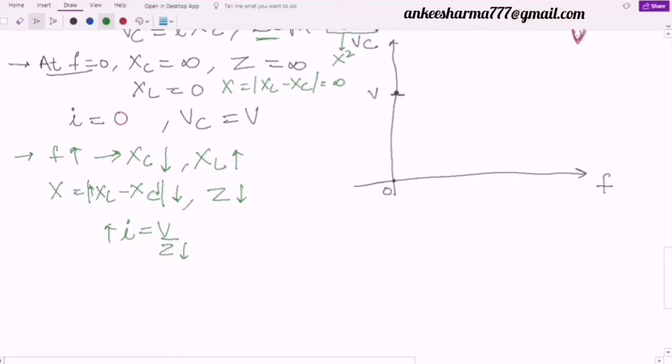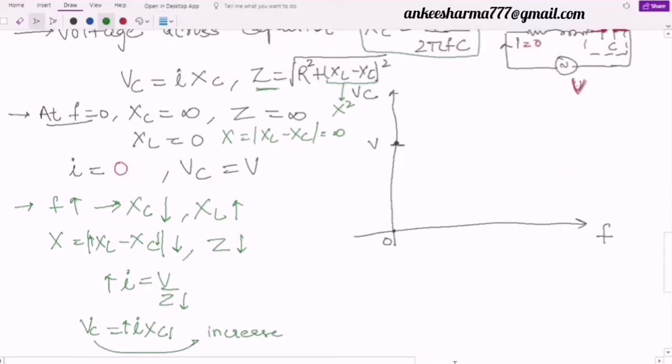By increasing the value of I, if I look at the value of voltage, will my voltage value increase or decrease? Exactly, the value of the voltage will increase, because if we see here that VC is nothing but I into XC. Although the value of XC has decreased from infinity to down, but this value of I has also increased. It means the value of VC will increase, and due to this increase we will find a particular point where this value increases to a maximum value. I will name that frequency as FC value.